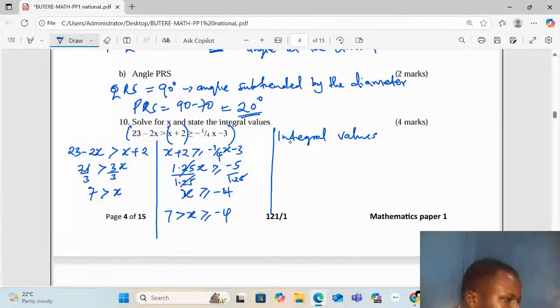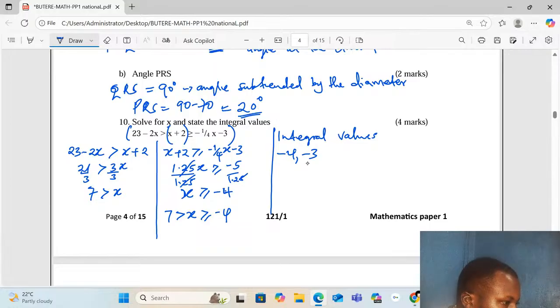We are going to start with negative 4, which is included because of the greater than or equal to sign. So we have negative 4, then negative 3,